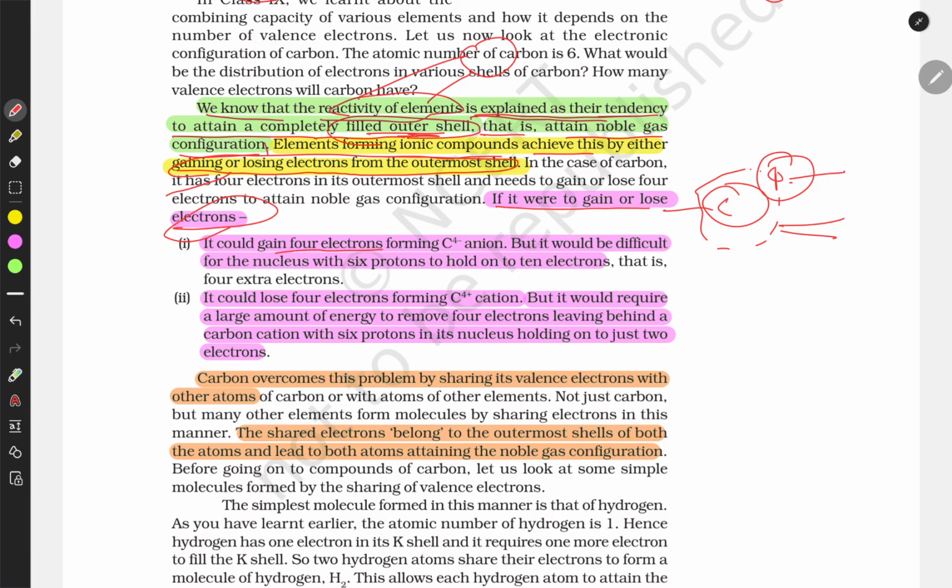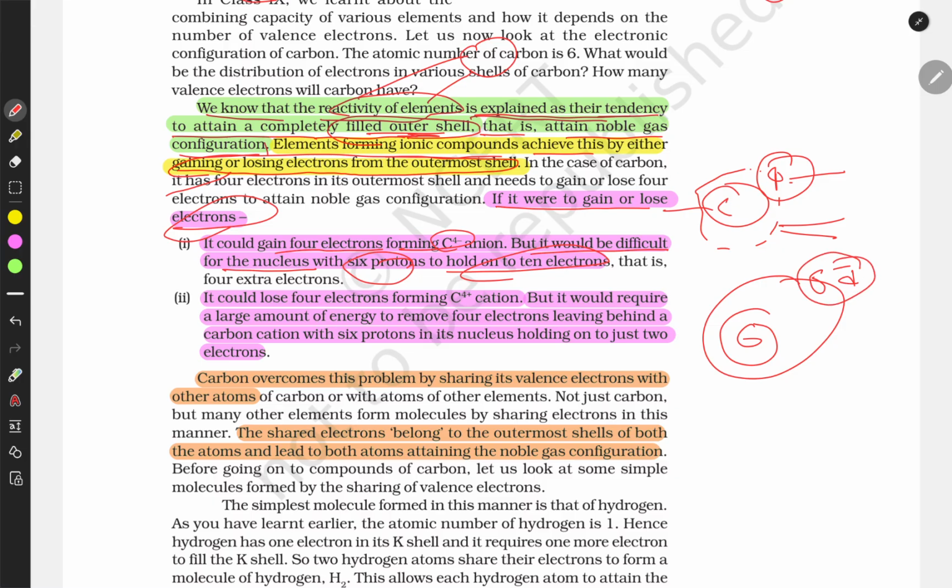It could gain 4 electrons, forming the C4- ion, a 4-negative ion, but it would be difficult for a nucleus with 6 protons to hold 10 electrons. It already has 6 protons in its nucleus and 6 electrons around it, and 4 are in the outermost shell. If it gains 4 more,